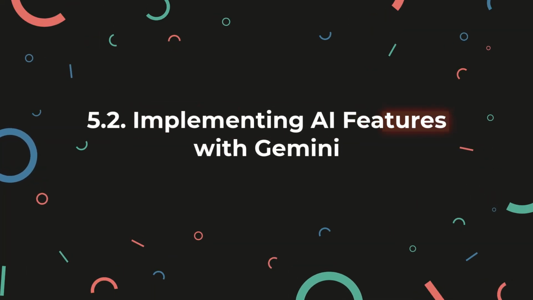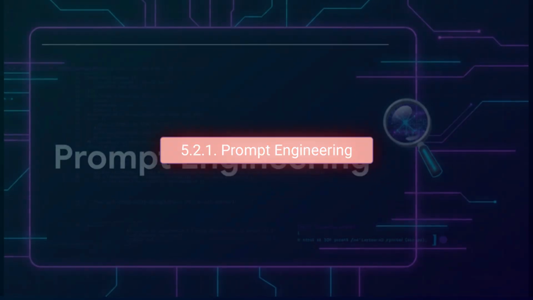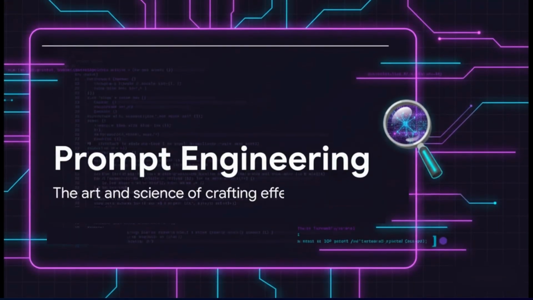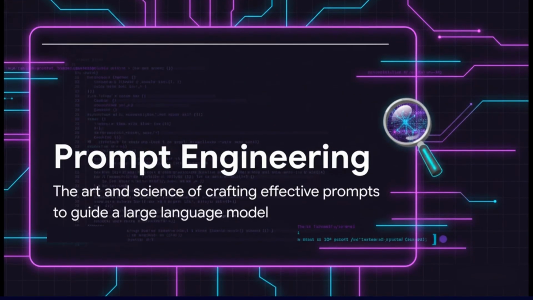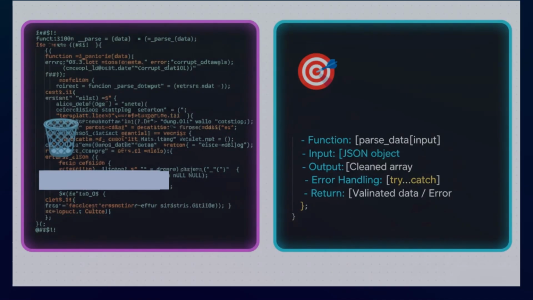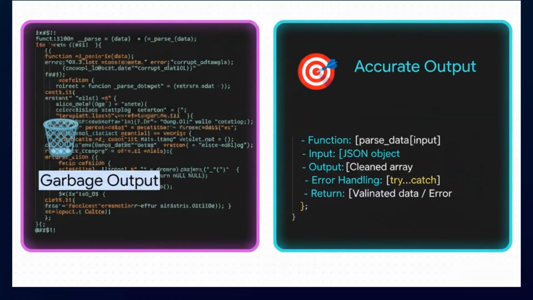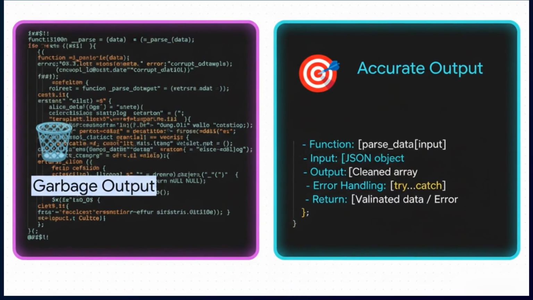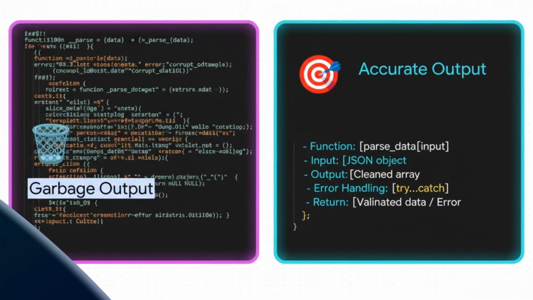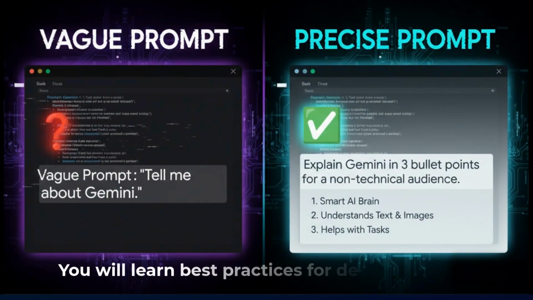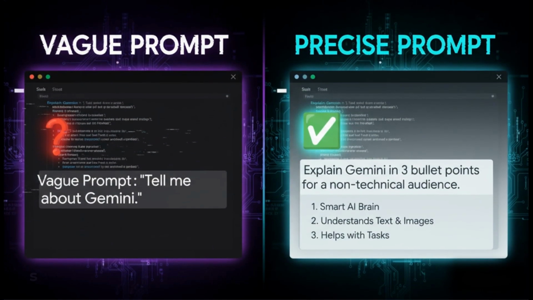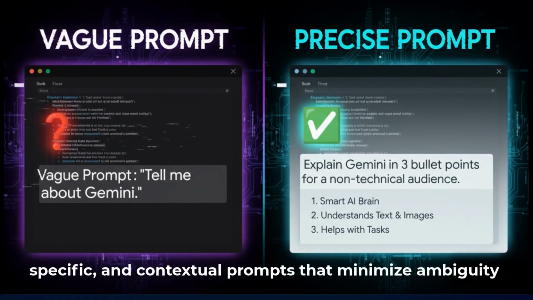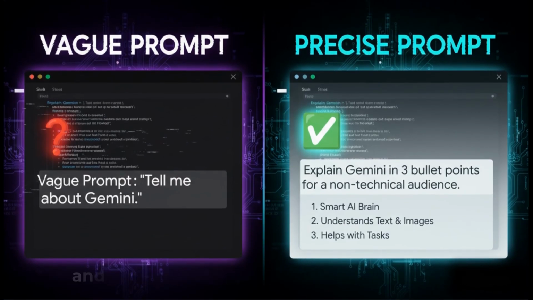Implementing AI features with Gemini. Prompt engineering. This is the art and science of crafting effective prompts to guide a large language model. It's a critical skill because the quality of the model's output is highly dependent on the quality of the prompt input. You will learn best practices for designing clear, specific, and contextual prompts that minimize ambiguity and lead to more